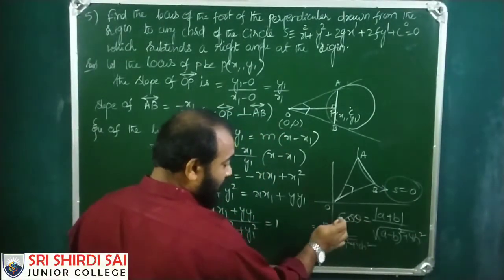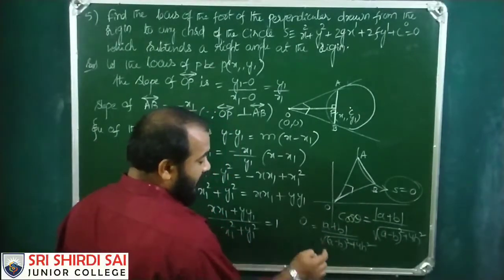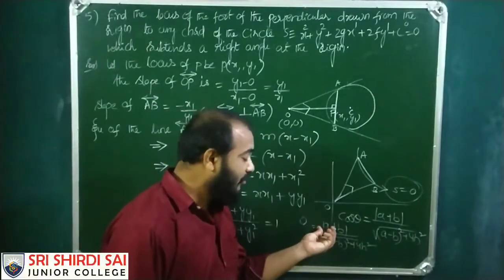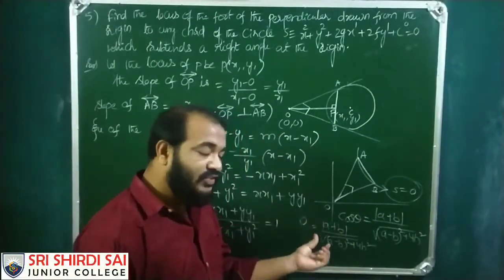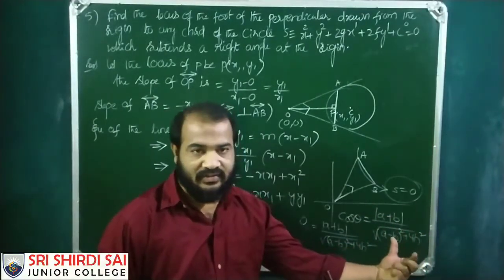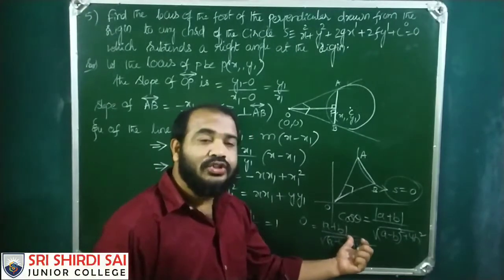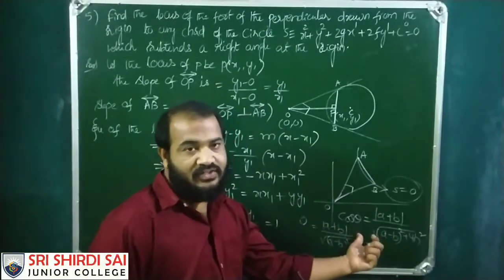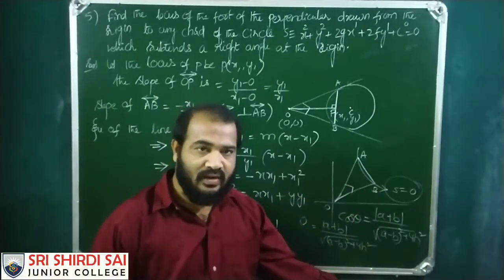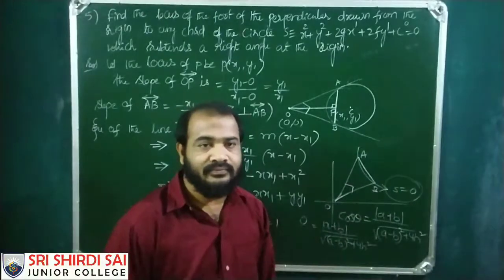Theta is 90 degrees. Cos 90 is how much? 0, yes. So cross multiply. So 0 into this is 0. So a plus b equals 0. What is a? This is ax square plus 2hxy plus by square equals 0, the second degree homogeneous equation. So coefficient of x square plus coefficient of y square equals 0. So that's what we are going to do for this problem as well, to obtain the final locus of P.